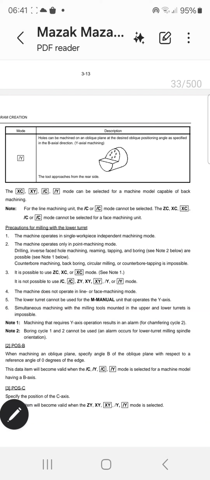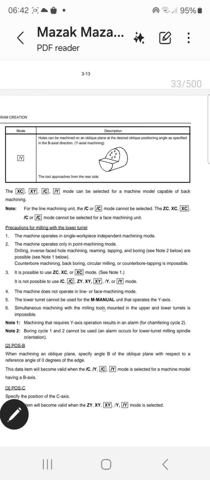It is possible to use the ZC, HC mode, note 1. It is not possible to use ZY, HY mode. The machine does not operate in line on the first machine mode. The lower turret can be used for manual unit operation by simultaneous